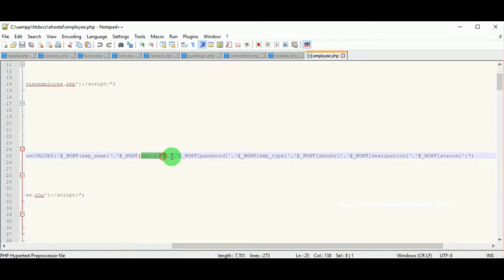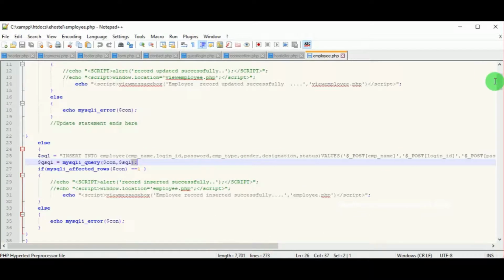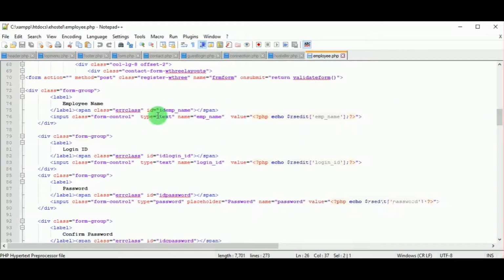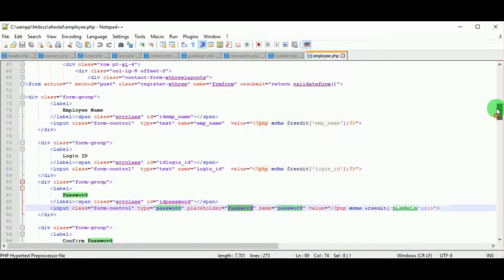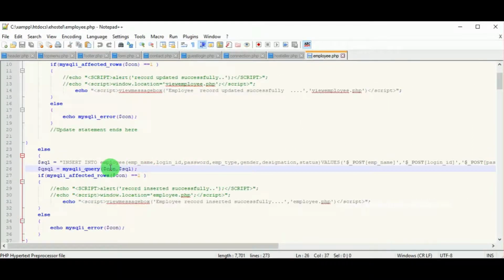Remember, you have to write the names of the fields in the order in which the field names of the table are present. If the field names are employee name, login ID, password, then the names of the text fields in the form should also be written in the same way.